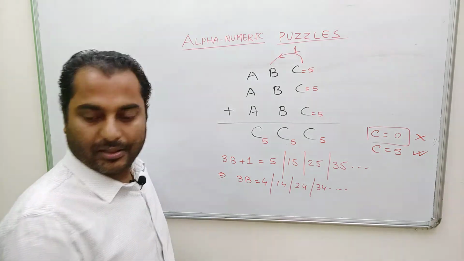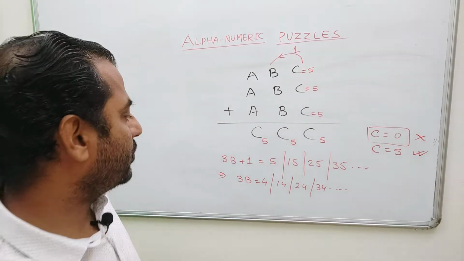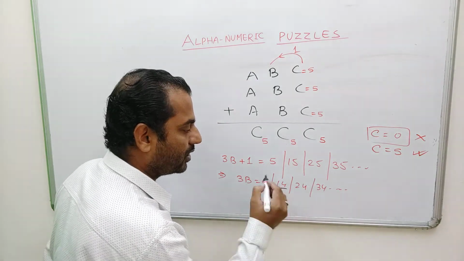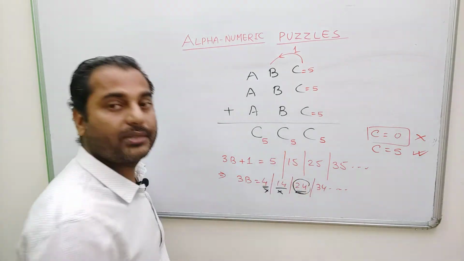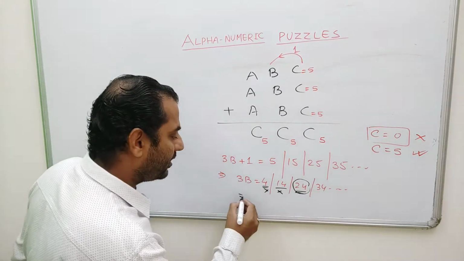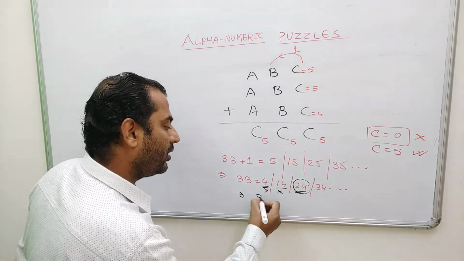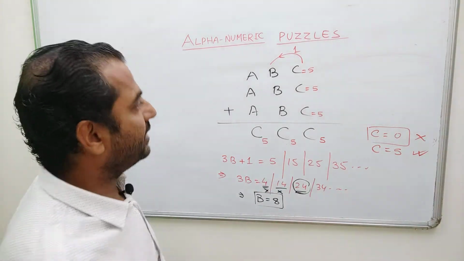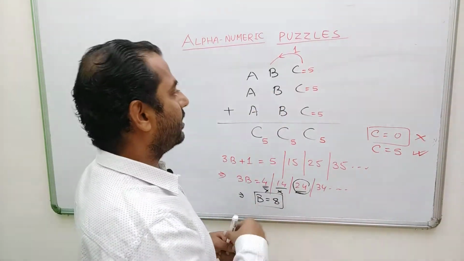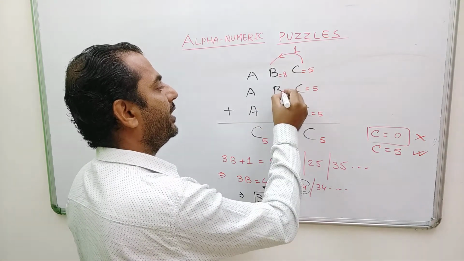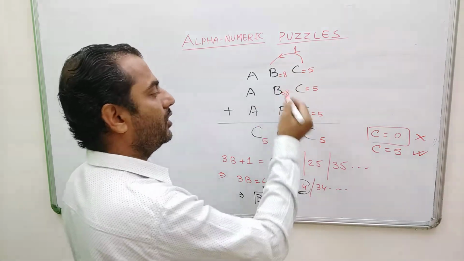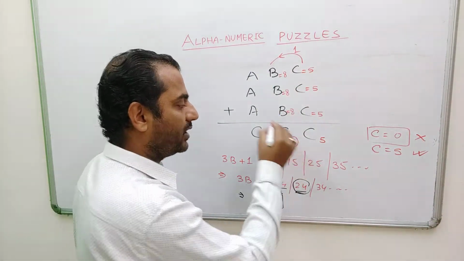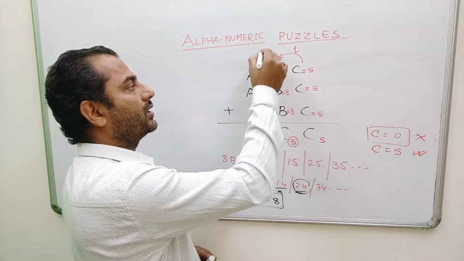Now 3B, B into 3, obviously that number should be a multiple of 3. So 4 is not a multiple of 3, 14 is not a multiple of 3, 24 I can say is a multiple of 3. So that comes to my mind that 3B equated to 24 gives B equal to 8. So that makes sense. It means the value of B can be 8, 8 and 8. So 8 plus 8 plus 8 is 24, plus 1 gives me 25, so that value is again 5. And what is the carryover? The carryover is 2.